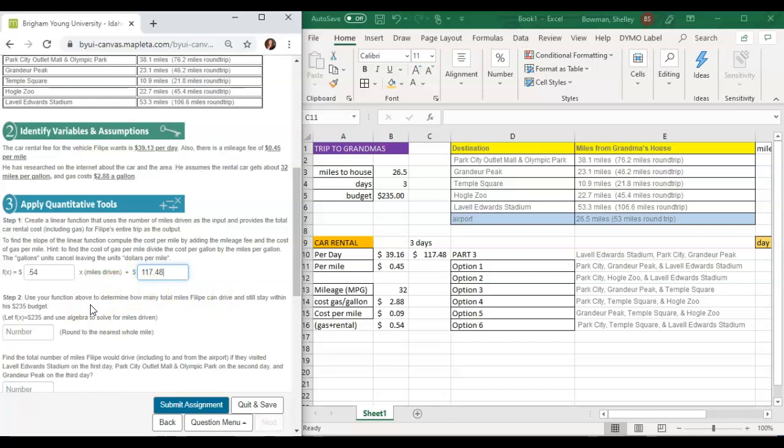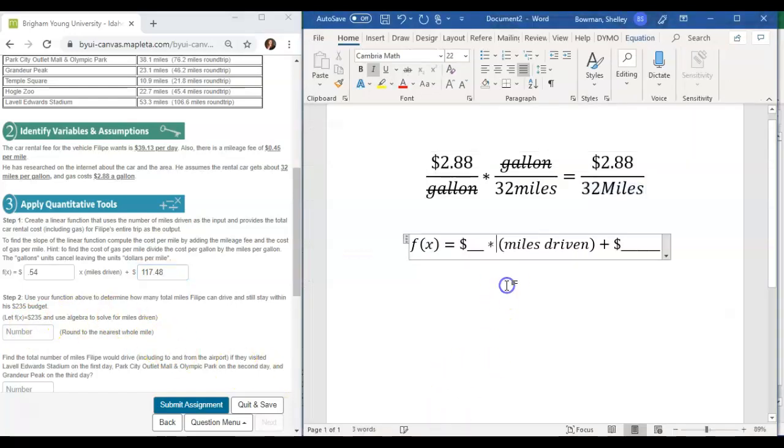Use your function above to determine how many total miles Philippe can drive and still stay within his $235 budget. So we're going to substitute f of x for 235 and then solve for miles driven. Again, I've set us up over here in my Word document, and we're going to substitute in here. We have 54 cents per mile driven, and since I don't know miles driven, I'm going to substitute this with x, and then I add the total, which was